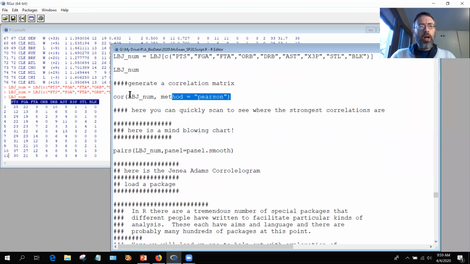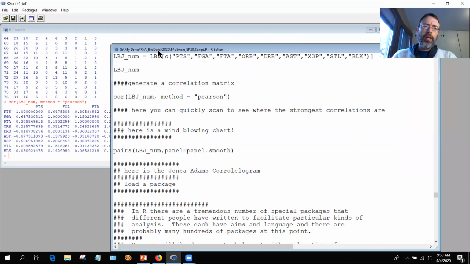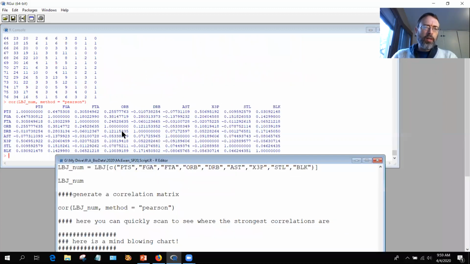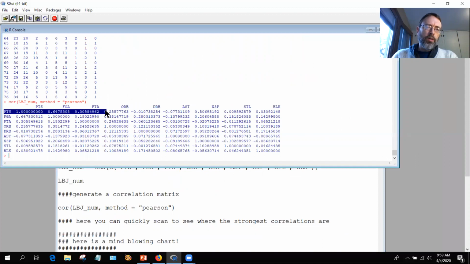Now, I already taught you how to do a correlation matrix. This is the code for that. This is a good way to take a look. And remember, there's 1, 1, 1, 1, 1, 1, 1 all the way down this way. And then what we're really interested in, in this particular situation, is the relationships of these different variables to what we're going to call the